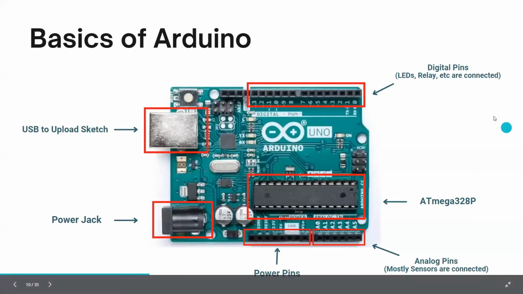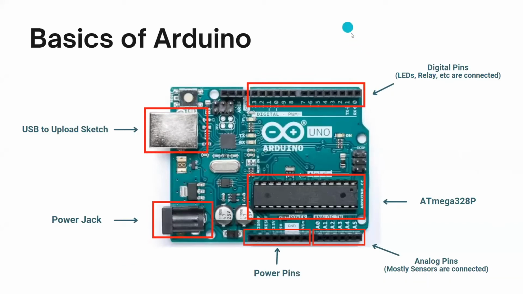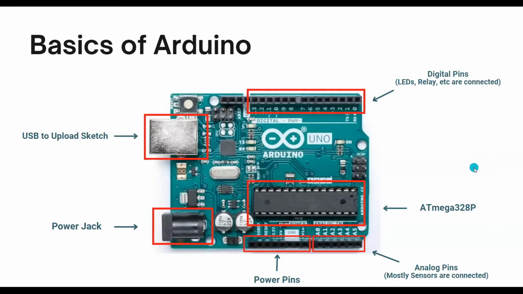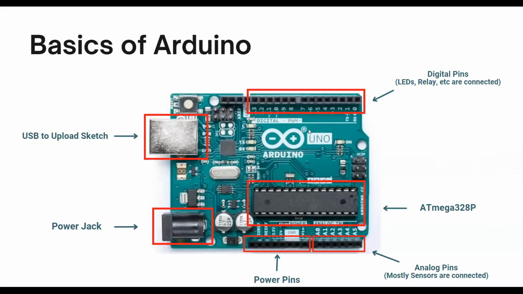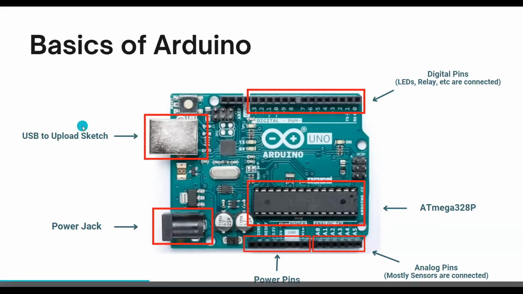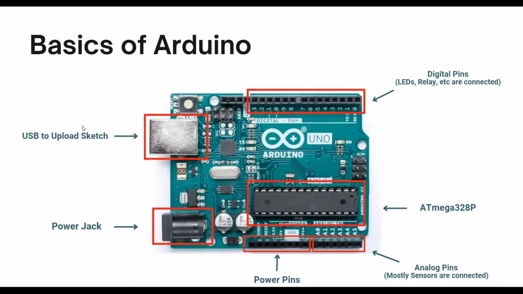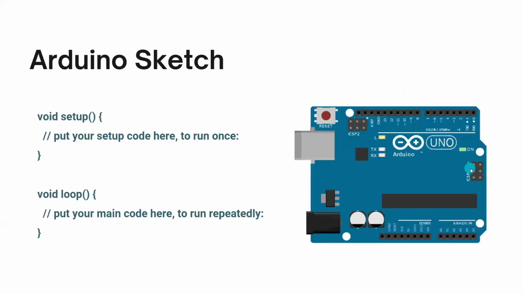So this is the basic architecture of almost all Arduino boards. If it is a Mega, then the number of pins is higher than in this board. If you see Arduino Nano, then fewer pins are available. The basic architecture is the same and the work is the same. The only difference is the structure of the boards. So I hope you got the basic idea of Arduino, what these pins are. Let us move ahead with the session.